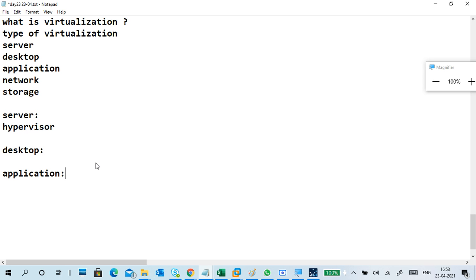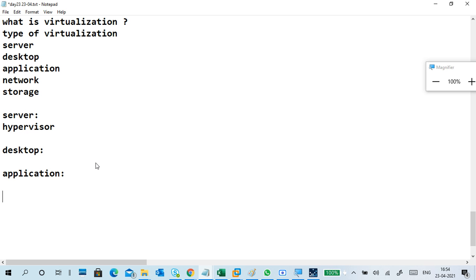Application virtualization extracts a layer of connection between your operating system and the application. That layer becomes intact, and the application can run in any environment. The application can be accessed from anywhere using different connectivity, like remote apps.